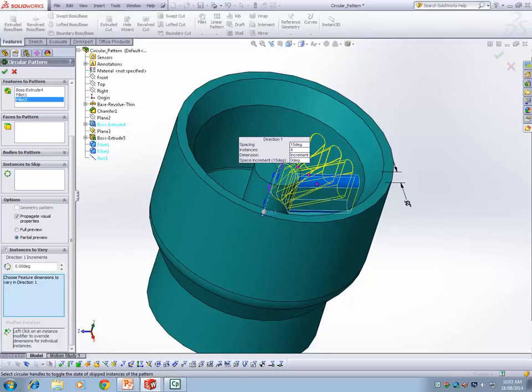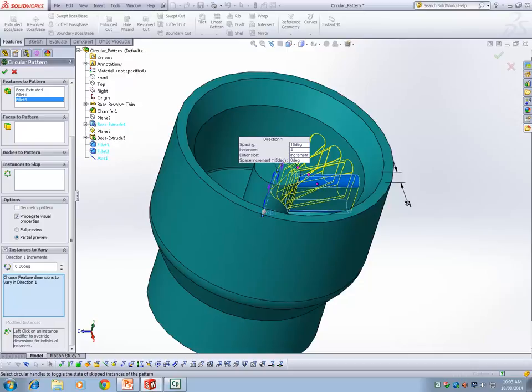But this one, instances to vary, is with the direction change. In this case, when you activate instances to vary, you are varying the distances and the axis, that's all, but not the existing solid, because it's a pattern. All you are doing is a modification of the placement of these patterns,